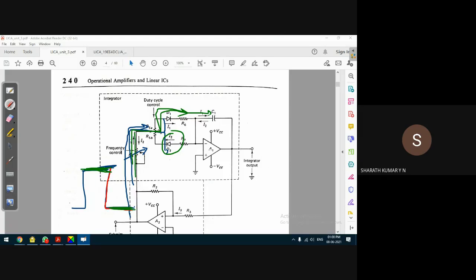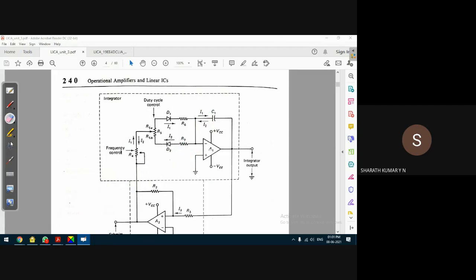If the output of the symmetrical circuit is negative, the path for the current to flow is through R4, R5. D1 will be reverse biased for the negative saturation of the output of the symmetrical circuit, whereas D2 will be forward biased. So through R7, D2, R7, and the capacitor, it will charge the capacitor. So the path in these two networks depends on whether the output of this symmetrical circuit is positive or negative.